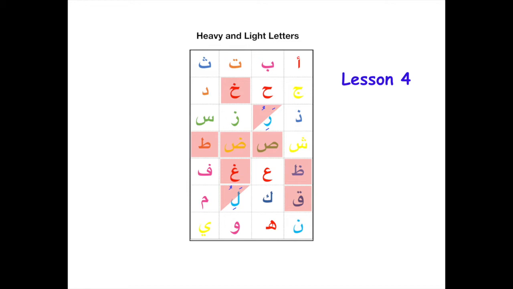So Ghain and Qaf. And the letter Ra and Lam: you only do a heavy Ra when you have a Fatha or a Dhamma, and you only do it light when it's a Kasra. Whereas with the letter Lam, it's similar. It's a heavy Lam if it's a Dhamma or a Fatha, and light when it's a Kasra. But with the letter Lam, it's only when the word Allah is concerned. So in any other case, the Lam will always be light. So that was lesson 4. Go back and check out lesson number 4 to remind you of this.